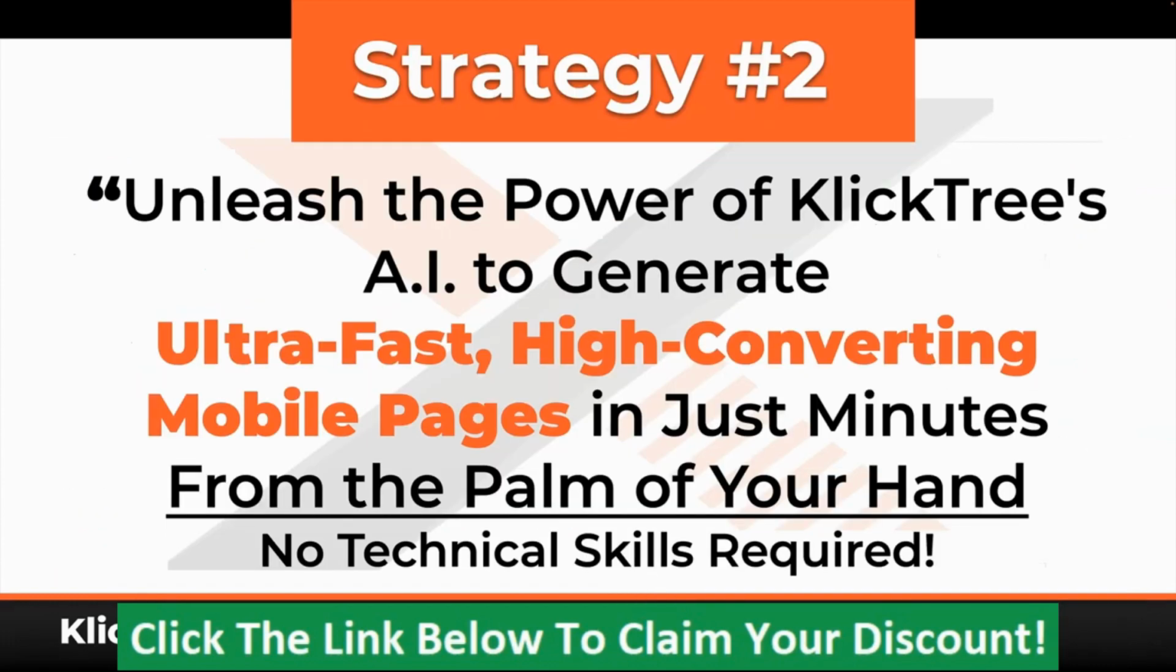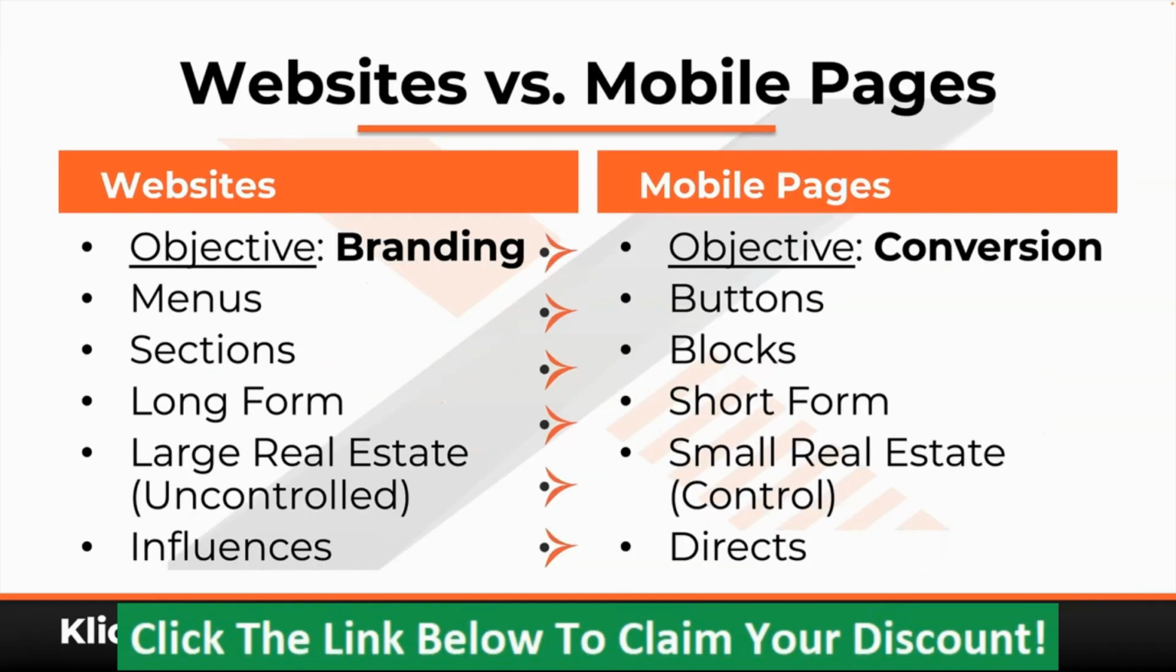Now, let's get into strategy number 2, because we all want to see KlickTree, right? It's AI generated, it's ultra fast, and it's high converting. You can build that in minutes. Now, we have to understand that desktop websites and mobile pages are very different. The main objective of a website is branding. So websites don't become obsolete,